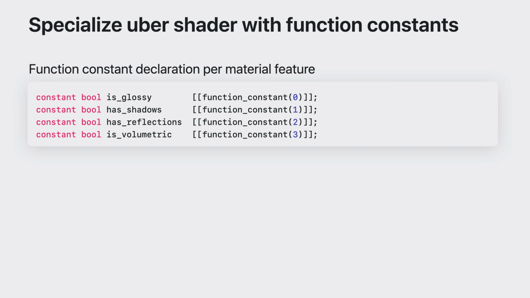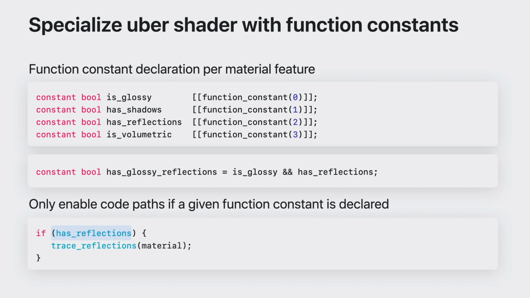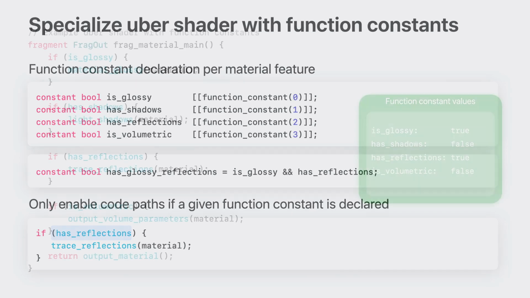You can create these specialized variants by declaring function constants in your Metal function code and then defining each of their values as you create Metal functions. You can also use function constants to initialize program scope variables that you declare in the constant address space. You can enable different code paths in the shader with these function constants instead of reading values from Metal buffers.